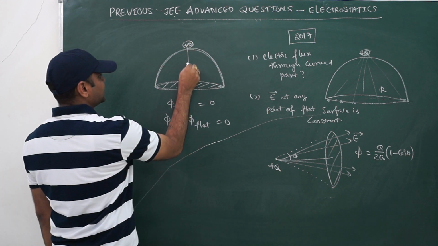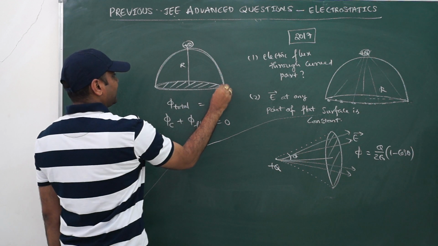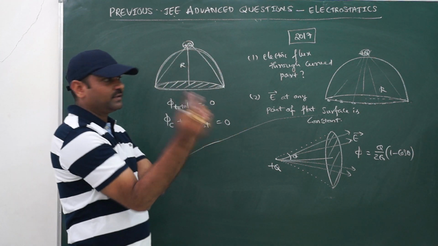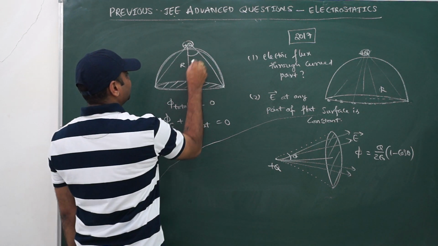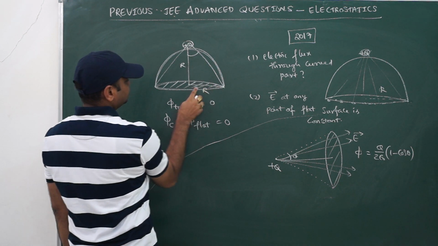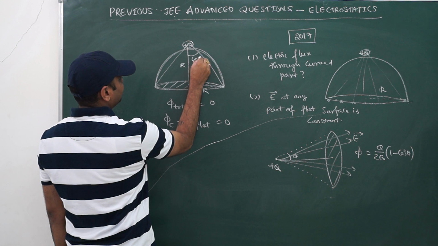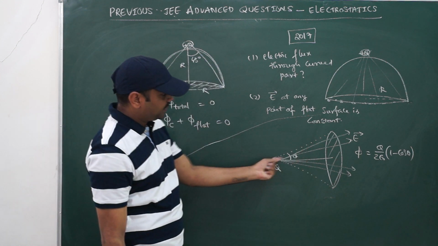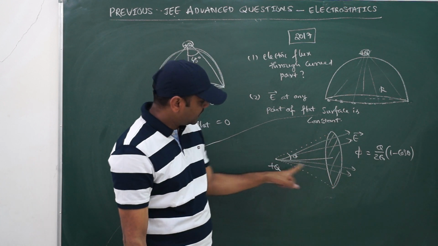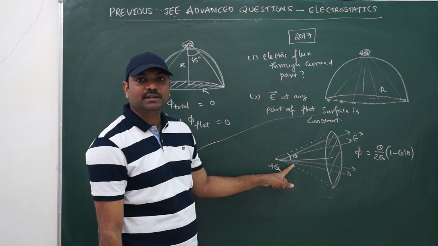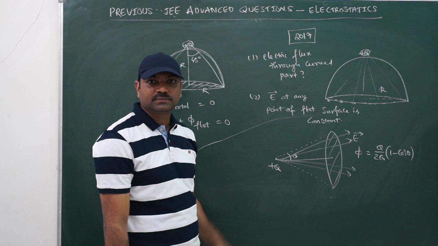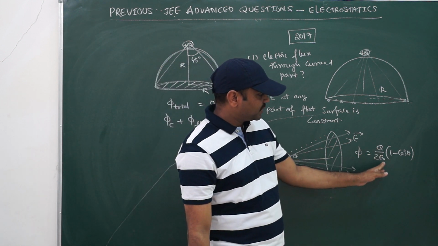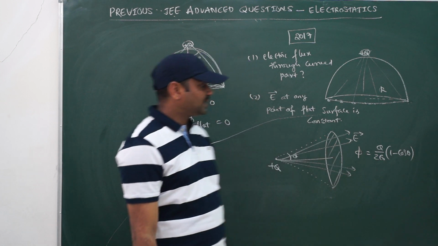Now the charge is at a distance of r. If I join the charge to every periphery point of the flat surface, that makes an angle. This is r and this is also r, so the angle should be 45. Now this is related to this. The charge is kept, there is a disk. If the disk makes angle theta at the charge, the semi-vertex angle, then what is the flux value? Q by 2 epsilon naught into 1 minus cos theta.